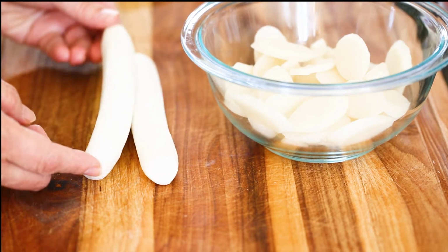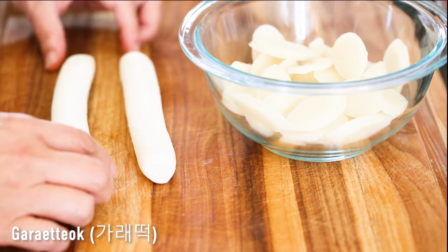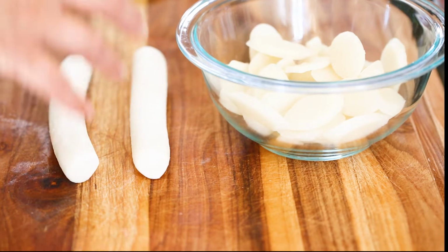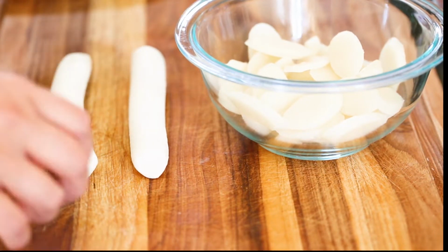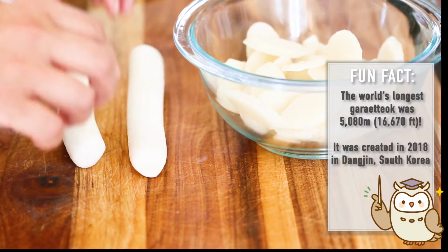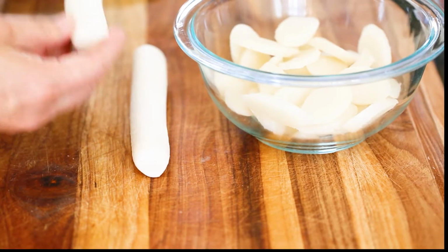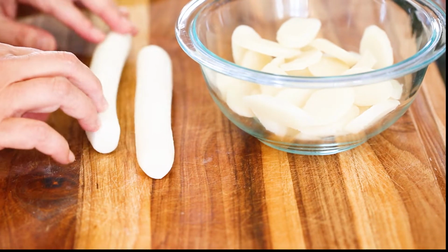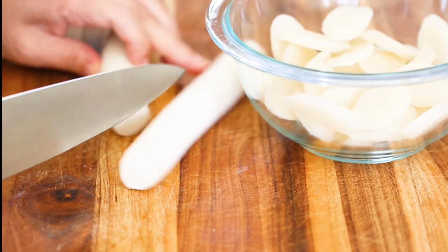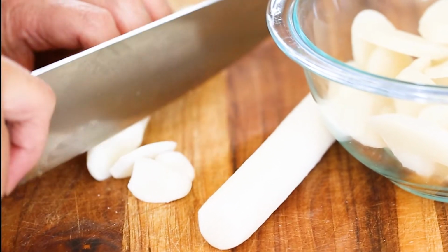This is called karetteok, and it's actually even longer. It comes out in Korea on New Year's Day. Around New Year's, you can buy the whole rice cake tube from a fresh tteok bakery, tteokjip. It comes out fresh and soft, you let it dry for a couple of days, and then you cut it. This is how you cut it. This is pretty dry. You cut it at a diagonal,